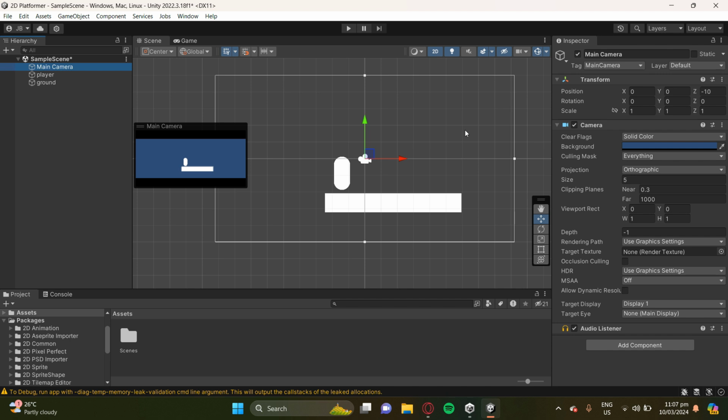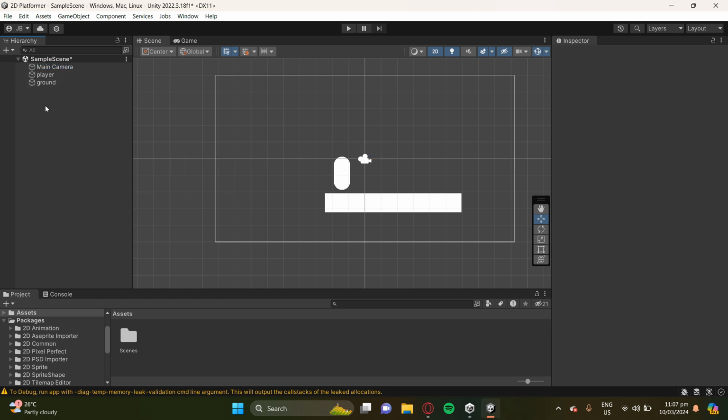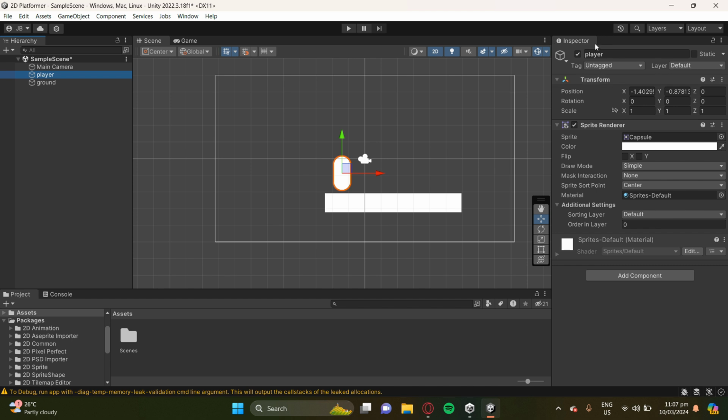And right away, you already have a working camera, but soon after, we will be editing the camera so that it follows the player. So now with the hierarchy finished, you can move on to the inspector. And let's say you have a player. This is where